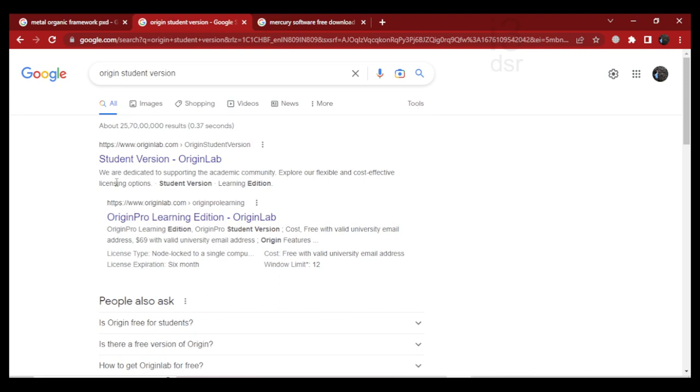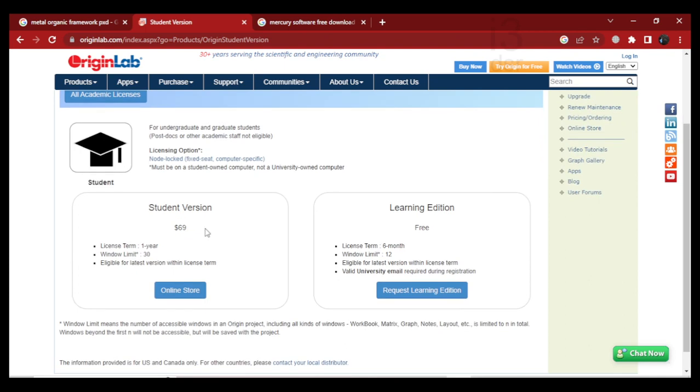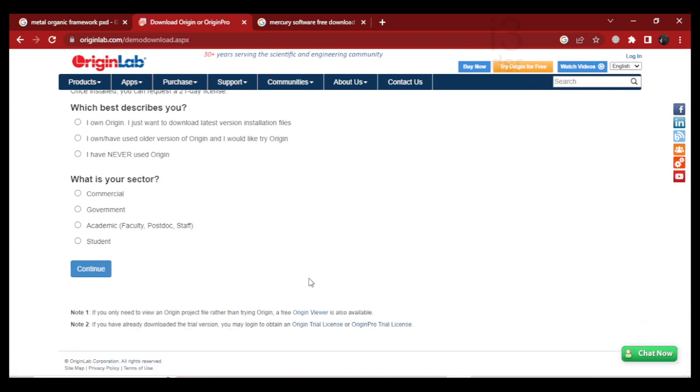If you have an email ID that ends with .edu, you can type Origin student version, go to this link, and enter your credentials for student, and the cost would be waived off and you would have free software. Or you can go to Try Origin for free, where you would be required to answer